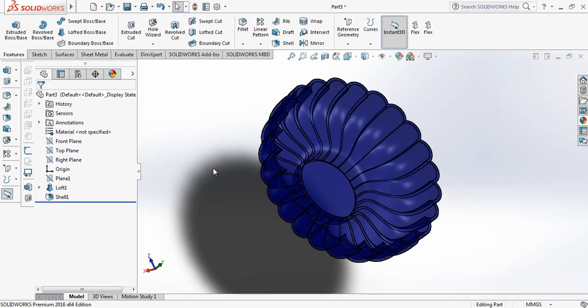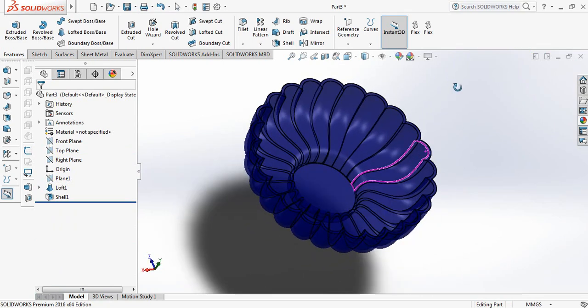Okay, so this is our desired glass bowl,